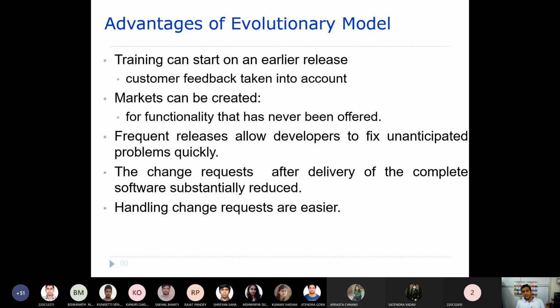So as a result, what are the advantages of this evolutionary model? Training can start on an earlier release. Okay, that means here it is also something like this. You are giving this particular product to the client after some version is developed. Okay,